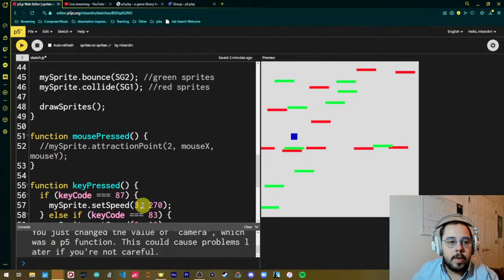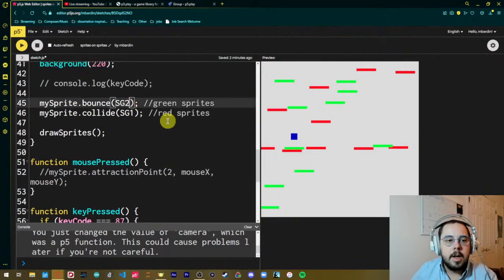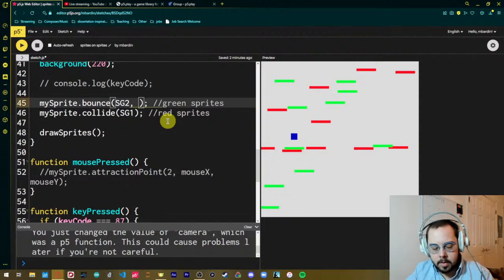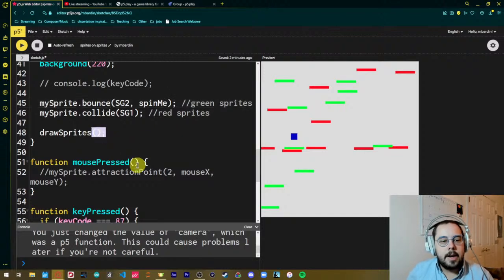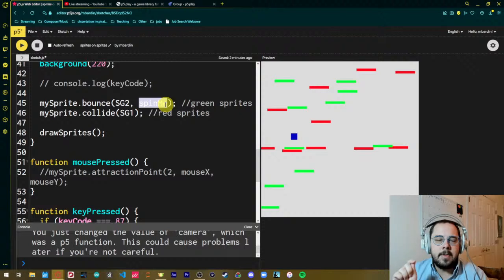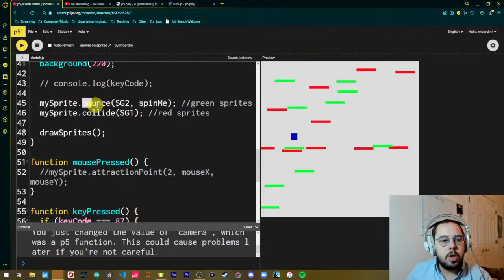In order to do that, we have to set up as an argument here in our functions here, we can just give the name, so spin me. Unlike you may have done in the past, whenever you refer to a function, you need the parentheses right here in JavaScript. You do not want them right here. You'll run into bugs and errors this way. The reason for that is we are essentially just storing the name of the function to be called later. If you were to type in the parentheses, the computer would try to execute that function right then and there at that point, but we just want to save it in the memory, so that way whenever we do bounce,